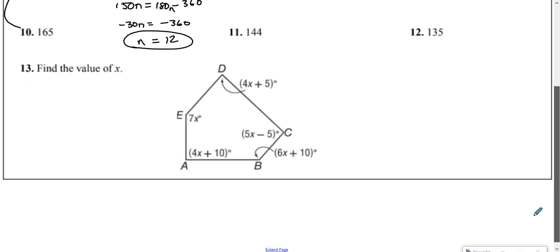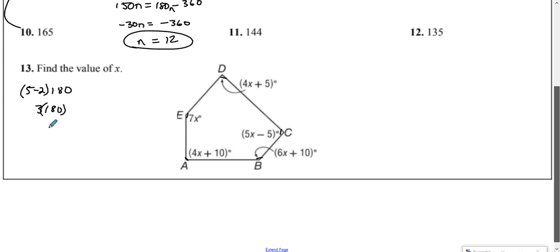Now, every once in a while you're going to get a problem like this. Okay, now, 2 parts to this one. First part is, well, how many angles does it have here? We got 1, 2, 3, 4, 5 angles. So if I wanted to know what all 5 of these angles added up to be, I would do 5 minus 2 times 180. 3 times 180,